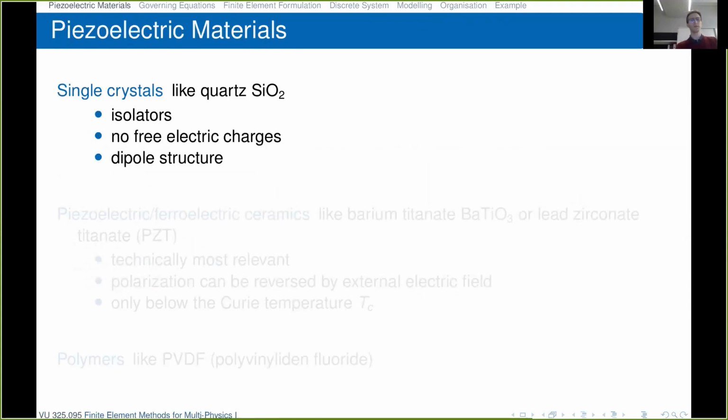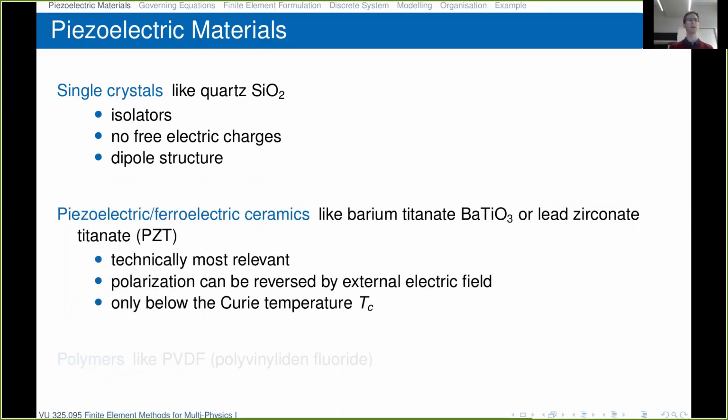So what materials are actually piezoelectric? We can classify them into three classes. The first one is single crystals like quartz, silicon oxide. These are isolators. They have no free electric charges, and they show a distinctive dipole structure, which is responsible for the piezoelectric effect. Then there are piezoelectric or ferroelectric in general ceramics, like barium titanate or lead zirconate titanate, PZT,